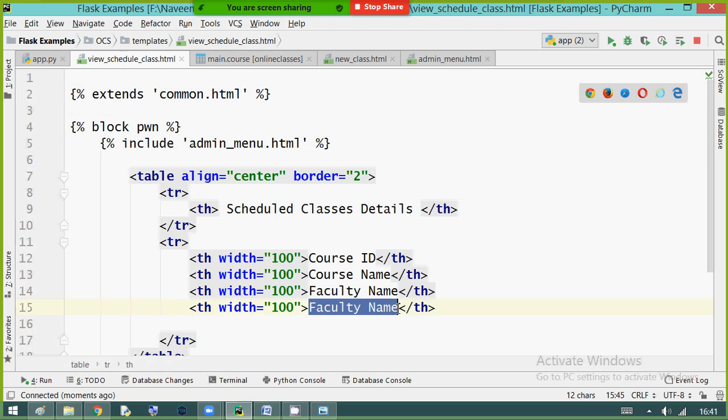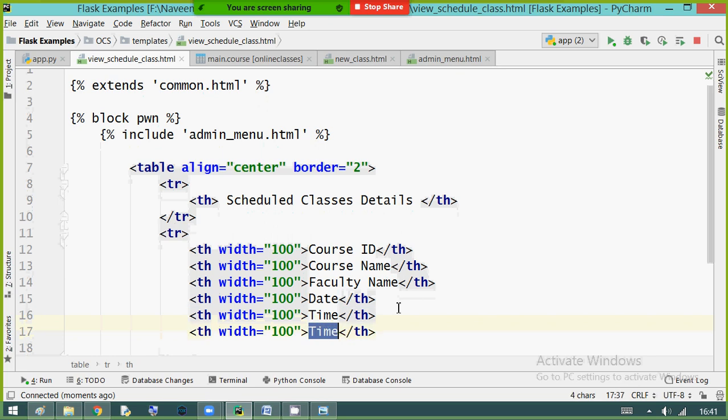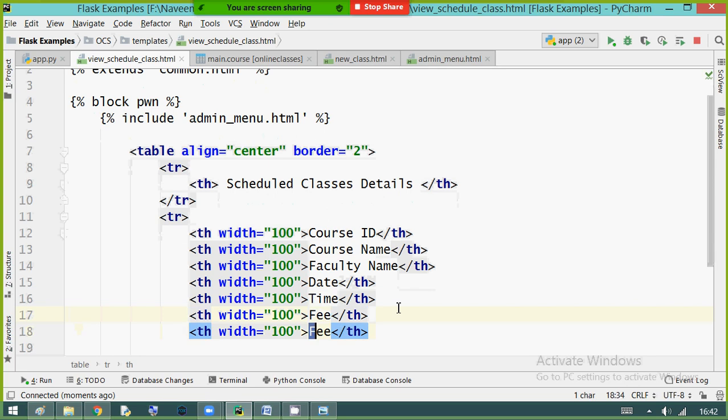So I am taking this as a date, next I am taking as a time, and next I am taking as a fees. Date, time, fee, and another one duration. That's it. These are the columns.